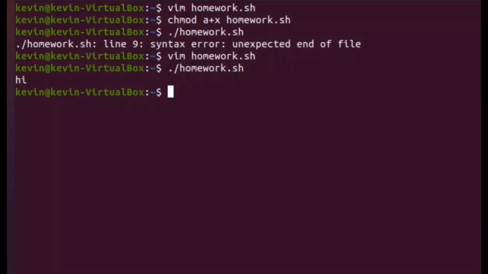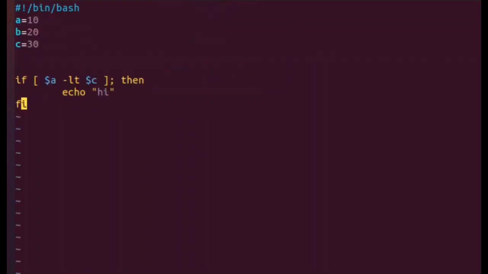Go back to our VirtualBox. Go back to our script. So I'm going to open that editor for homework.sh again. I think I'm probably going to misspell that every time. So we're going to go to a new line because we're doing a new if-then statement. So if, space, square bracket, because we're comparing the statement again, variable A is greater than variable B. We're going to close that square bracket, semicolon,